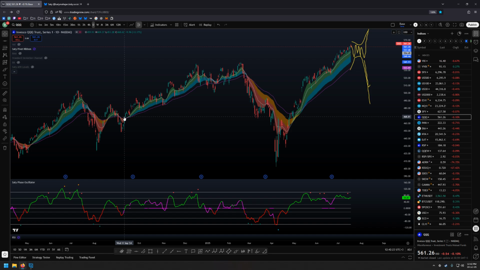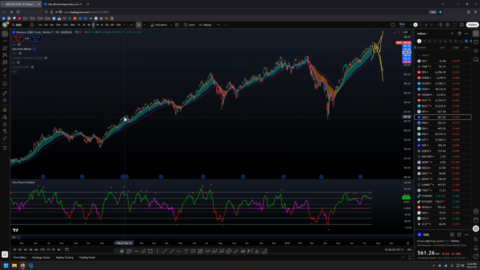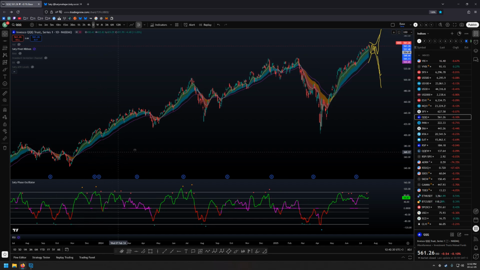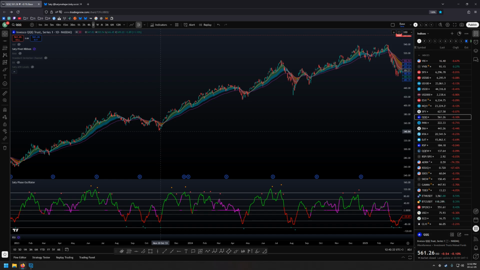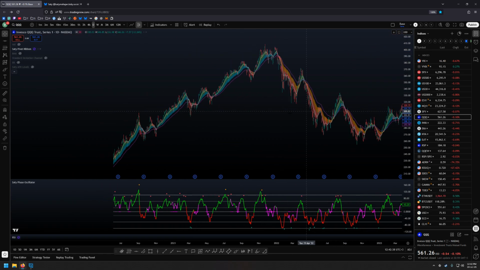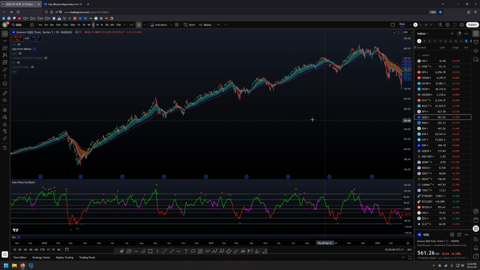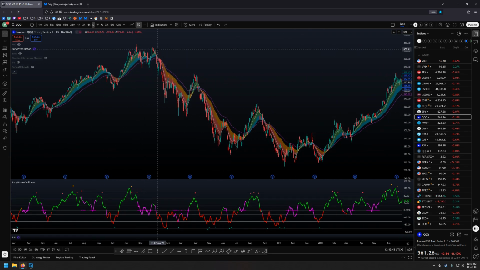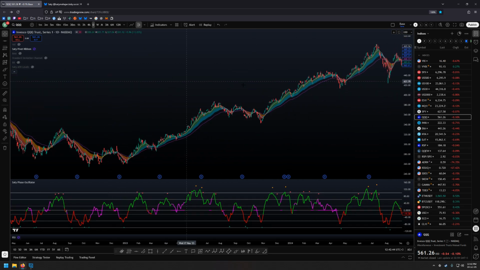And when price is trending, usually it's going to bounce on the ribbon. Sometimes a very fast bounce, sometimes a very slow bounce. And another way to use it is the crossover. Like, for example,